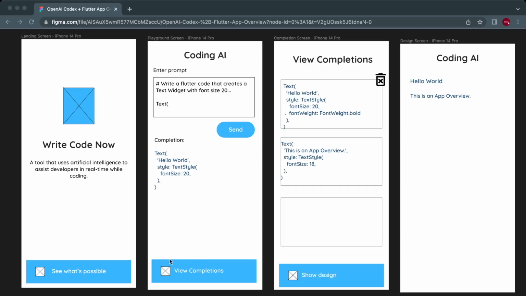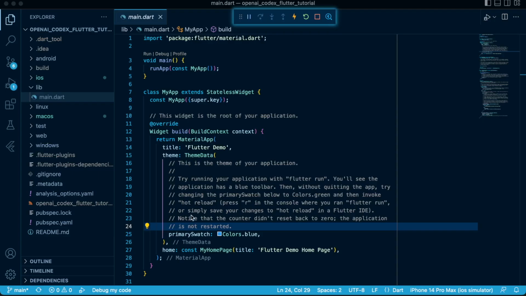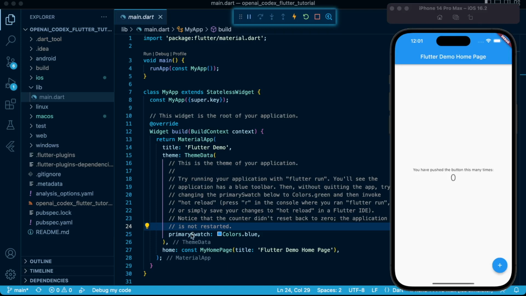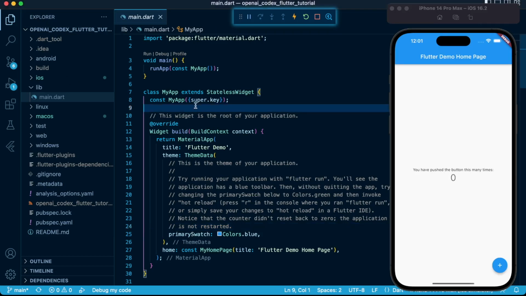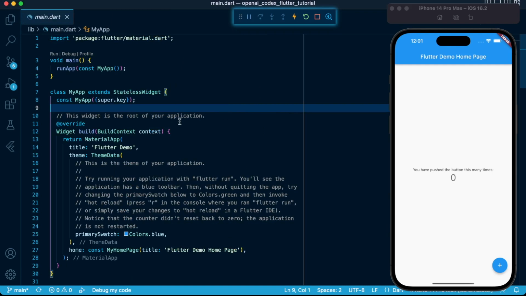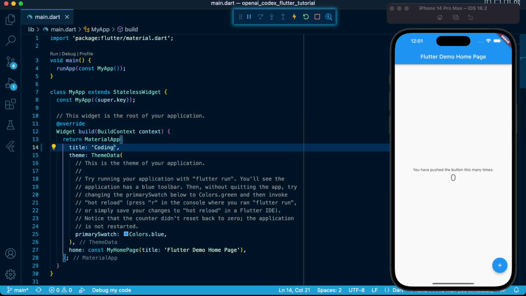Awesome. Now let's begin to design the layout by designing the landing page first, which is our first screen among the four. To do that, we'll start from the entry point, which is the main.dart. The main.dart comes with a default code base that we will update and delete by starting with setting